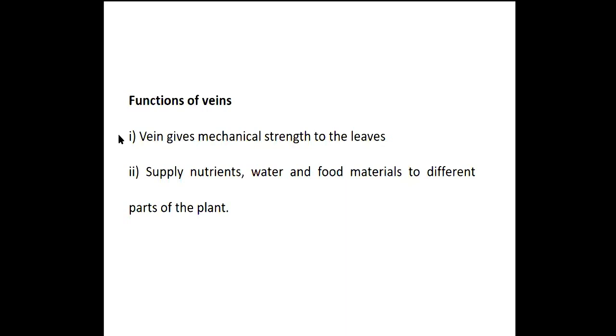Sir, I had a question: could you repeat dorsiventral and isobilateral from the previous class? Okay, dorsiventral. Think about my hand. Can you see my hand? So this is the ventral side. This is light in color, and this is deeper. This is the upper surface that is much darker in color. These are two distinguishable surfaces, and those are present in the leaf also. The upper surface is generally deep in color, quite distinguishable from the lower surface, which is lighter in color. And what happens in case of an isobilateral leaf?